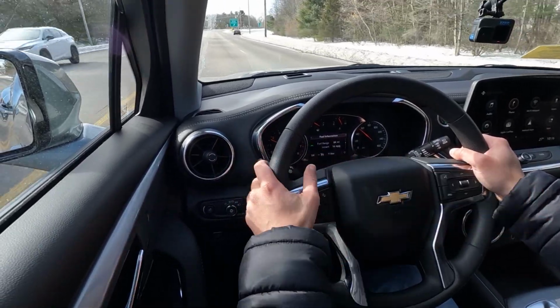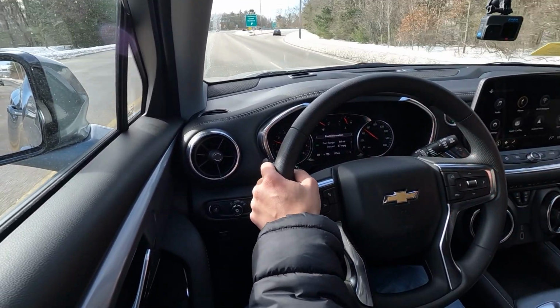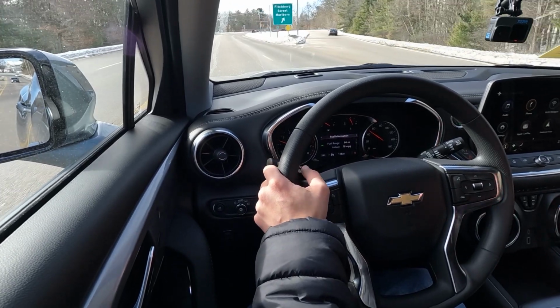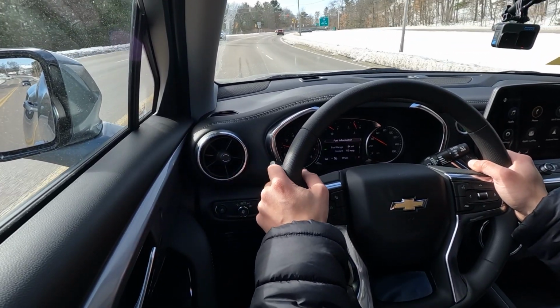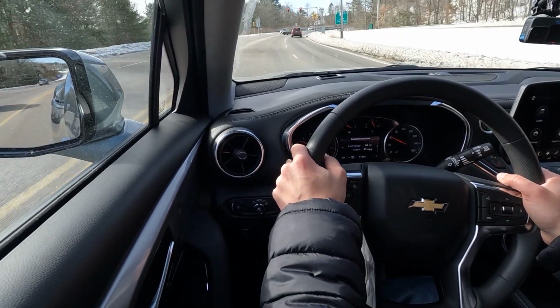But with the Blazer, what you have here is a vehicle that I think is going to be more than one-dimensional, because what you have here with the suspension and the steering input, it feels sporty and it feels dynamic, which some vehicles in this market don't exhibit those qualities and attributes. Now the thing with the Turbo 4 is that this isn't going to be the most dynamic trim or powertrain for this model, which is why I think so many people are more apt to go in the RS direction,